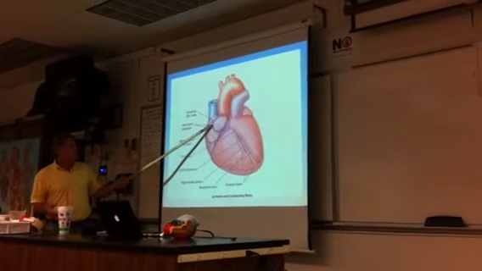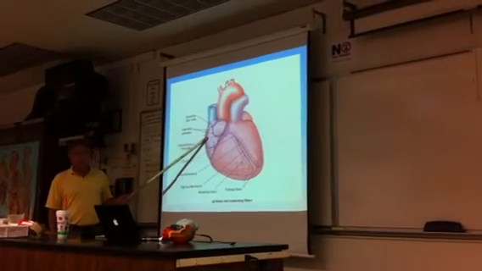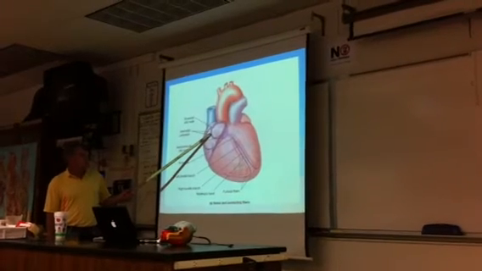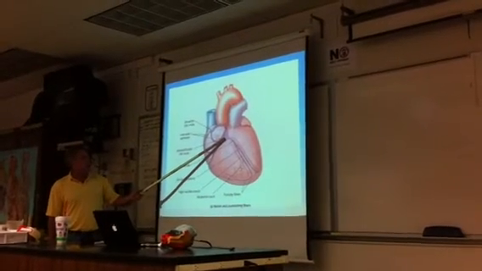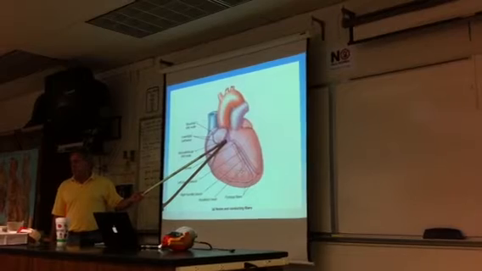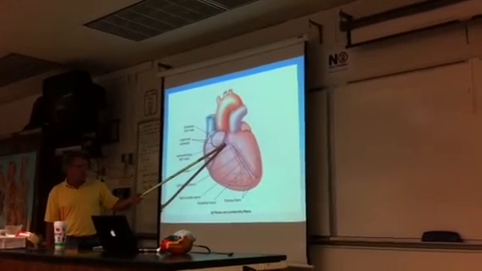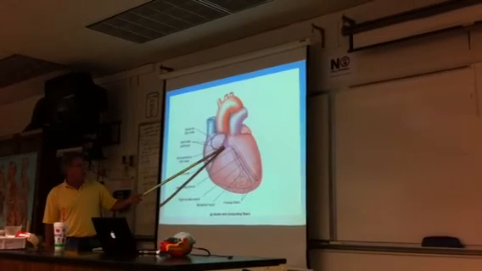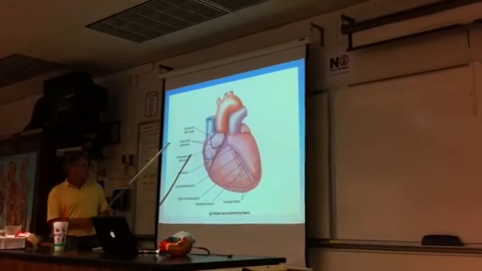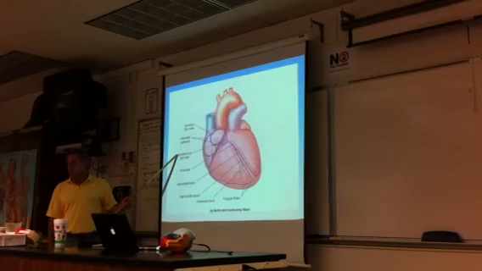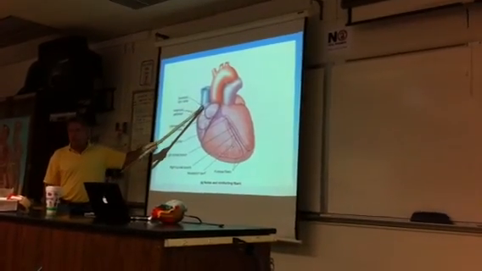And these action potentials spread across the atria through these little things called internodal pathways to another group of cells which distribute the action potential. And these are right here at the base of the auricle, kind of the top of the atria here, or the ventricle, I'm sorry. And this is called the AV node, atrioventricular node. So the action potential starts